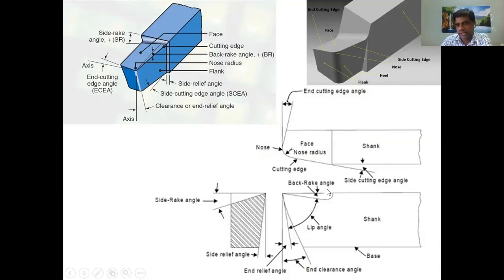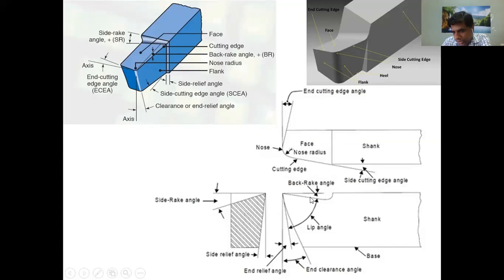Both planes, if you take in this drawing, this is the side front view of this tool. Whatever inclination you provided, if you see here, this looks like a straight line, but actually from this point it is going with some kind of slope. Maybe you can observe it in this drawing. This is your face, this portion.